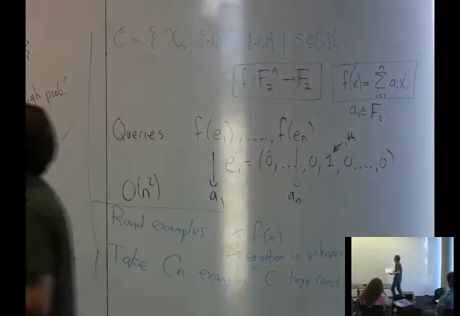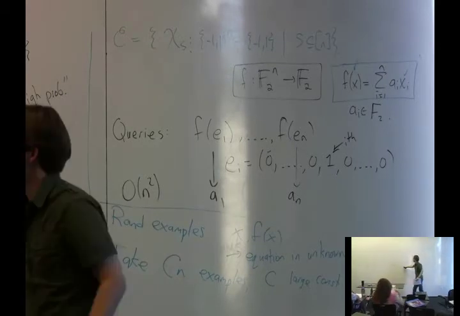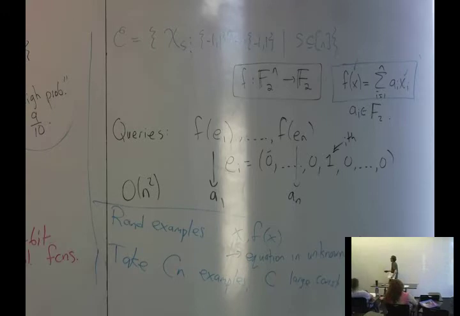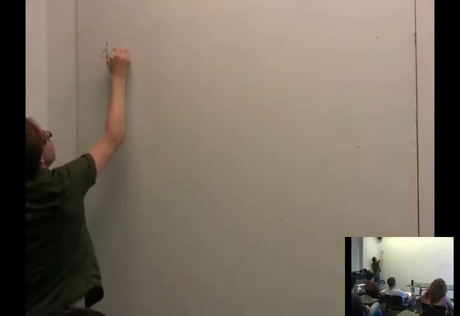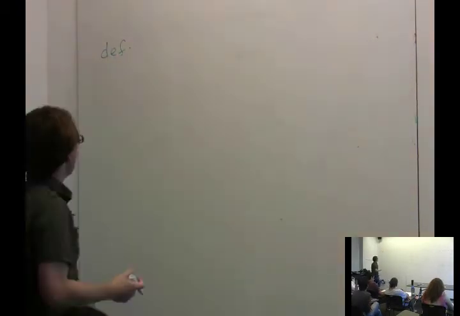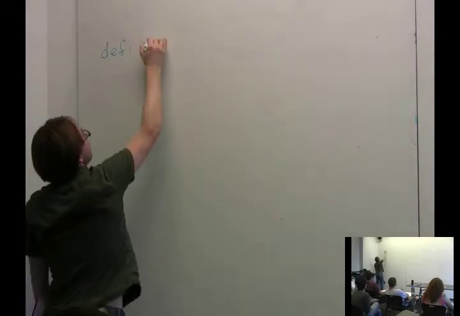OK, so what's another example of an interesting class of relatively simple functions that we might try to learn? Well, I'll mention one that will occupy us a little bit for the next two classes. It's a popular class in machine learning theory. And it's the class of, say, polynomial size decision trees. So possibly you've seen the definition of a decision tree before. If not, it's too annoying to actually make it, so I'll define it by example. So a decision tree